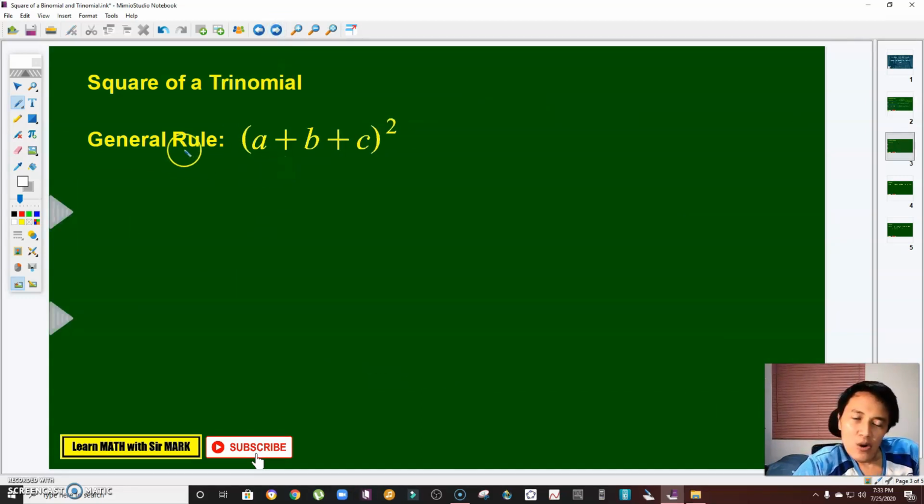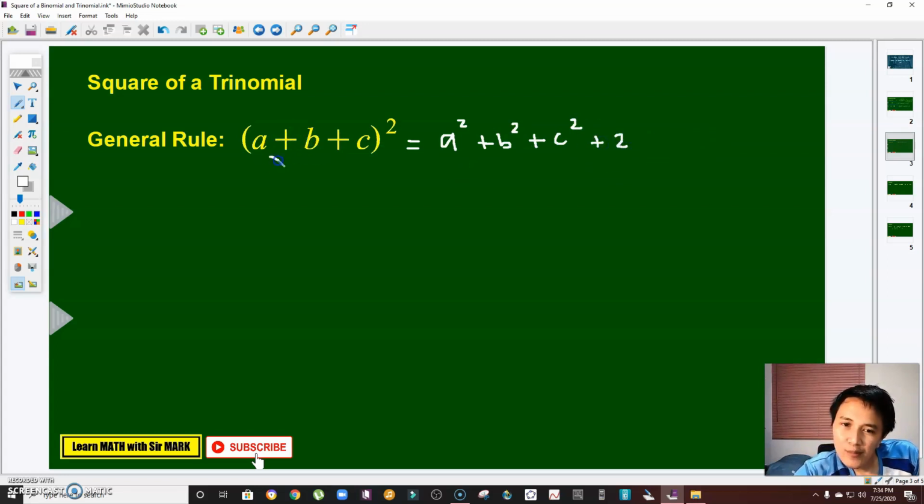Next, how about if we're going to square a trinomial? If we're going to square a trinomial, this will result to a polynomial with 6 terms. To get the first 3 terms, all you have to do is square each term: a squared, plus b squared, plus the square of the third term, c squared. Now, how about the 4th, 5th, and 6th terms? That is simply 2 times the product of